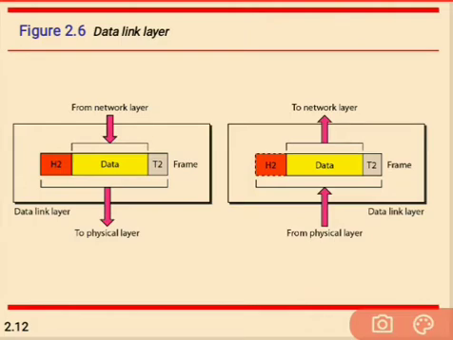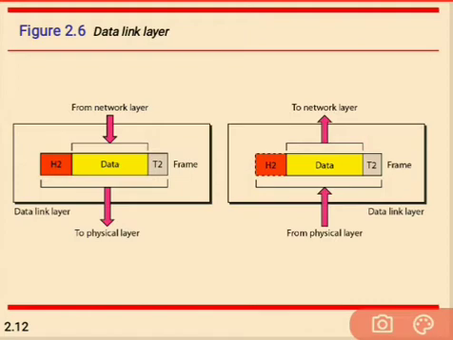When a single communication channel is shared by multiple devices, access control applies. The main points in the data link layer are these: the packets in the data link layer are referred to as frames.